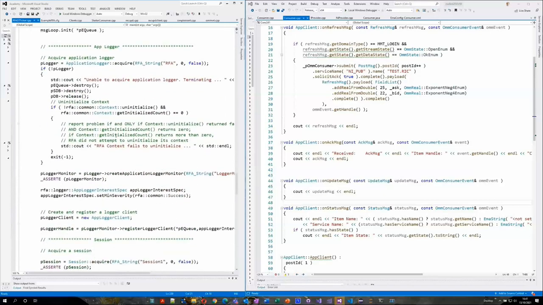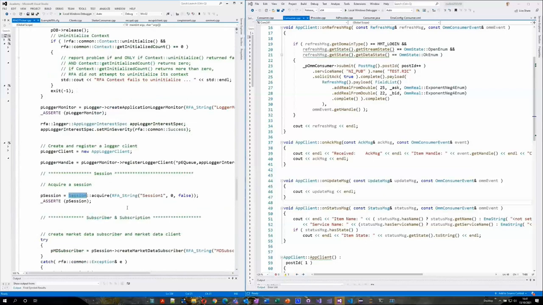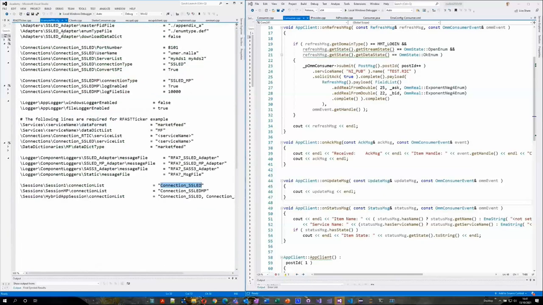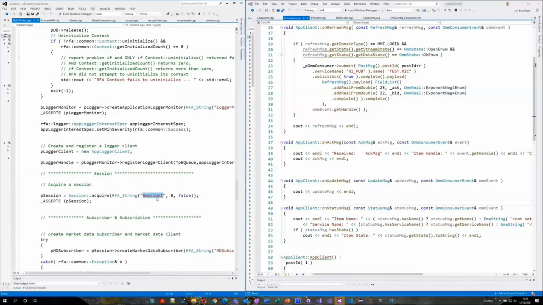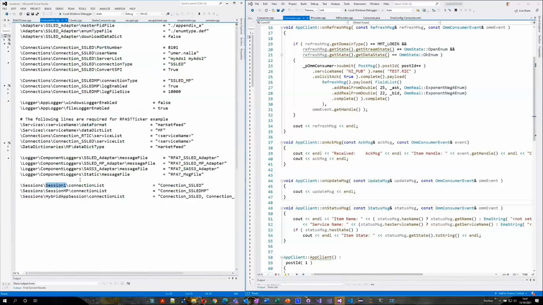The next key step is creating a session. Creating a session is when you essentially make a connection to the server. One of the callouts here is the session name. That session one relates to the RFA configuration. The connection session only points to a connection parameter, connections config, and in there you specify the username and the server list and so on. So that's the basic SFC RFA configuration. Sorry, and this is a basic file you need to have before you can run an RFSD example